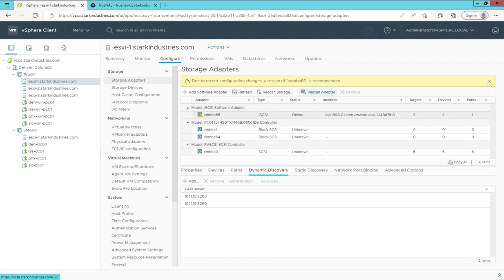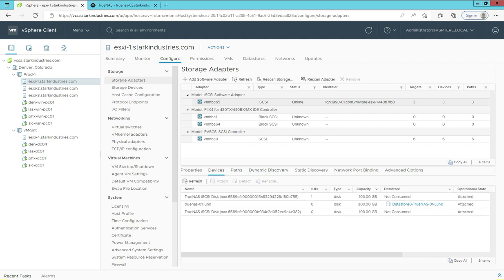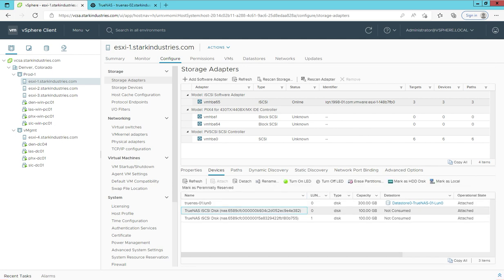Once we run the rescan of the adapter, if our configuration is successful, we can go to the devices tab and see if we are presented with the LUN. Yep, we are presented with the LUN on the TrueNAS device. But as you can see right now, it says it is not consumed. So that means we need to format these two LUNs from the TrueNAS iSCSI block share with the VMFS file